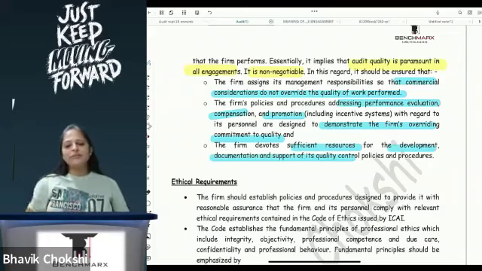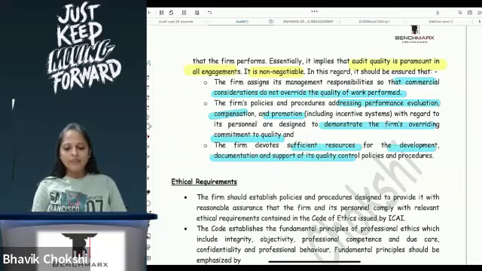It reminds me of when I was doing my articleship. Initially there was service tax, correct? There was no GST. So in service tax we had a client, and my partner took over the client. It was a mid-sized firm, and this client of ours claimed he had a service tax registration, and he was collecting service tax from everyone by providing services, and he would add the service tax and take it.